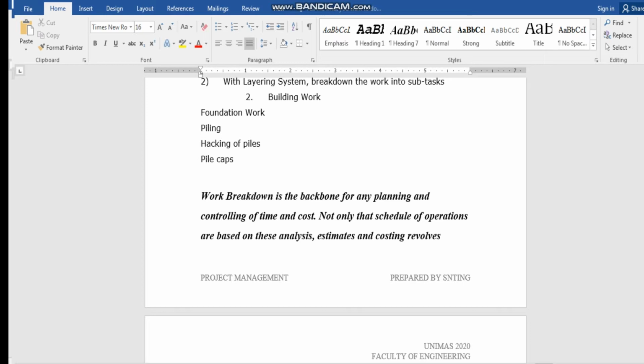Lee will show you the work breakdown structure in a column kind of format. Basically you can have it in columns. Column 1 is all your level 1, column 2 is all your level 2, column 3 is all your level 3, and column 4 can be your level 4 or a remark on the work breakdown that you have carried out. So it's not that difficult really. It's actually a very logical